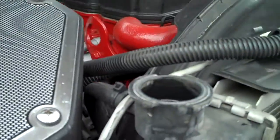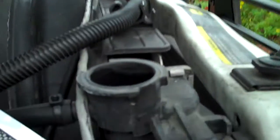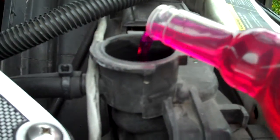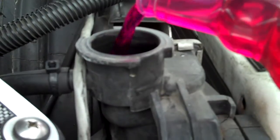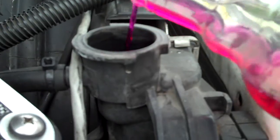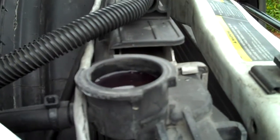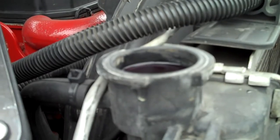Alright, so we got the radiator cap off and ice cold engine. Always want to make sure you do that when it's cold out. And we're going to put the Amsoil Coolant Boost in and see how much we can get into the radiator here. That stuff is some pretty purple stuff. Alright, so we got just about a whole bottle into the radiator, and I guess the other half a bottle or 3/4 of a bottle I'm going to put into the reservoir,